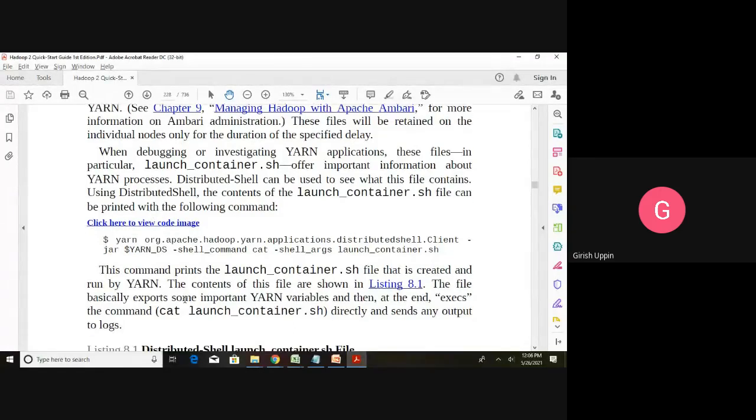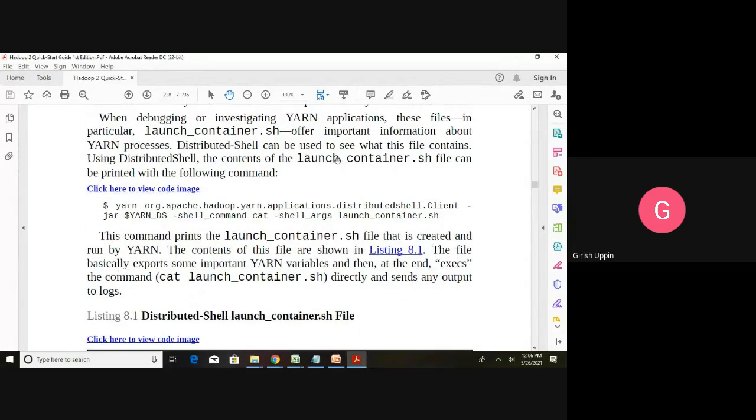If you want to print the content, first you have to make those files persist. Once they are persisting, you can look up their content. This is for any kind of debugging or investigating purpose, where you are trying to figure out what is going wrong or where it is failing.